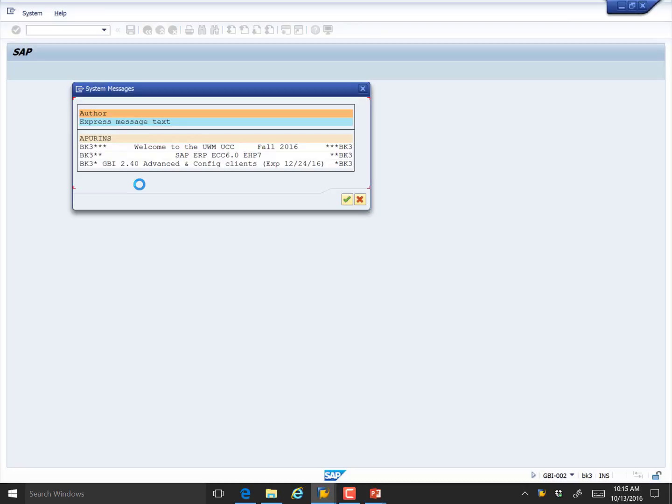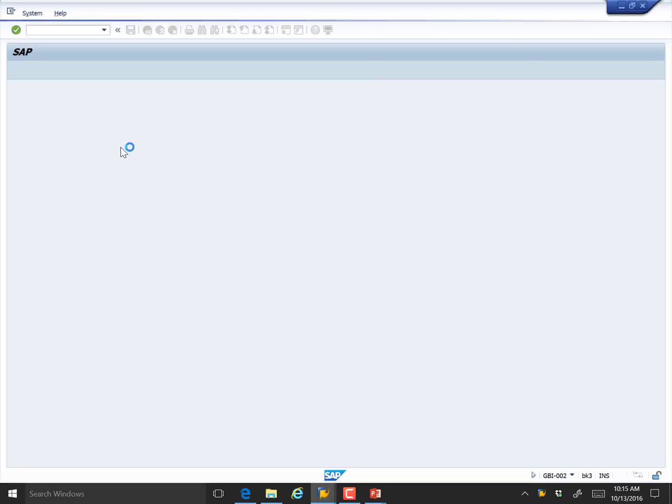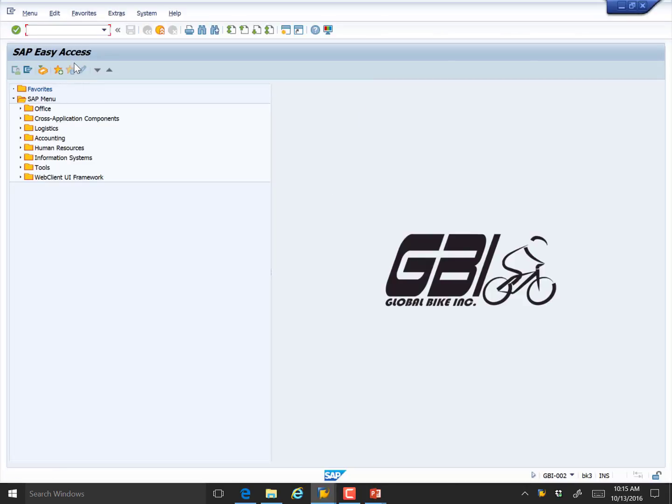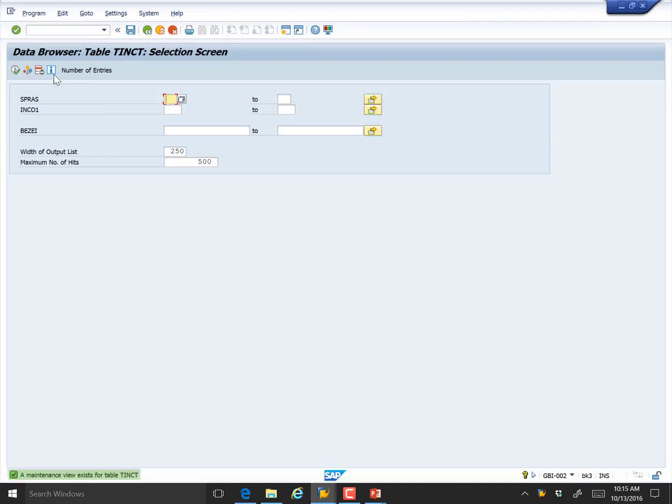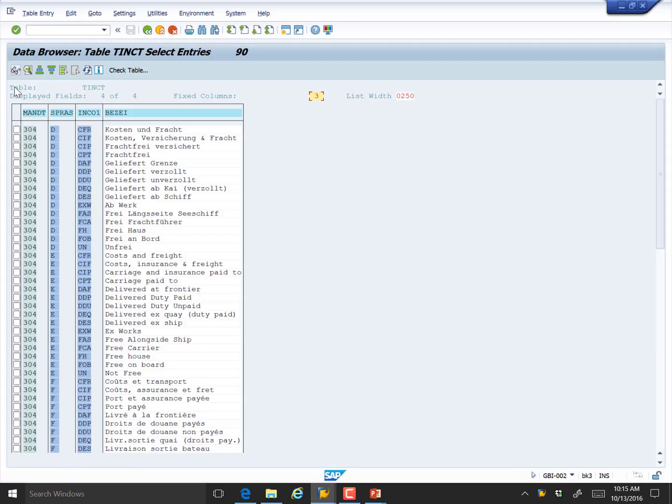There is a table in SAP that shows the various Incoterms that are available for us to select, and it just happens to be table TINCT. So give me a second to pull this up for you. Execute. Okay, here's all the Incoterms that are available, and if we look here, the ones with the E next to